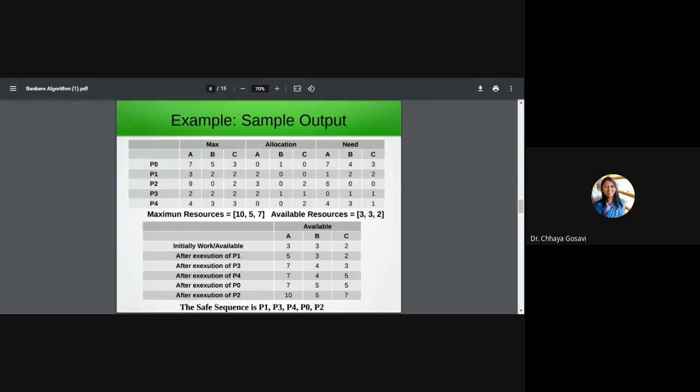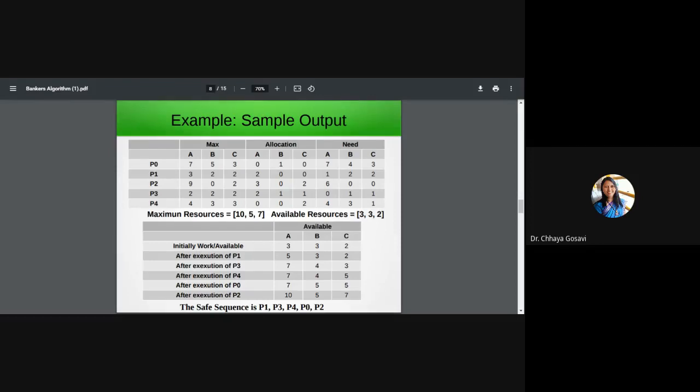In that case, if P1, P3, here the first process executes, it is 532. Again, if you start with P0, you cannot execute this. You have already executed this. You cannot execute this. You can execute this. So after P3 executed, it is 743. So again, you can start with P0. Now P0 need is 743 and available is 743, so you can execute P0. So now the sequence can be P1, P3 and P0, then P3, P4.